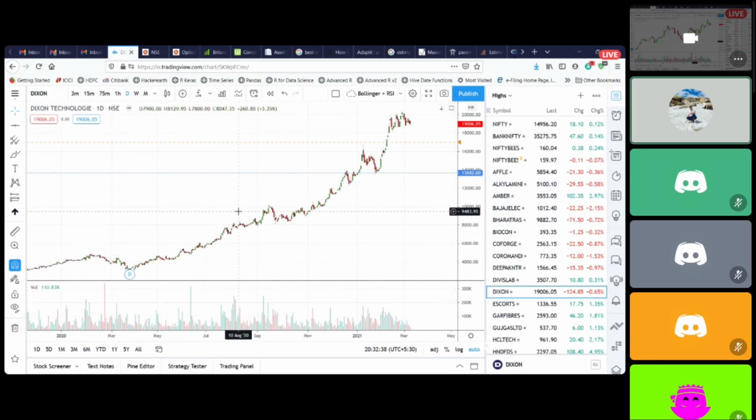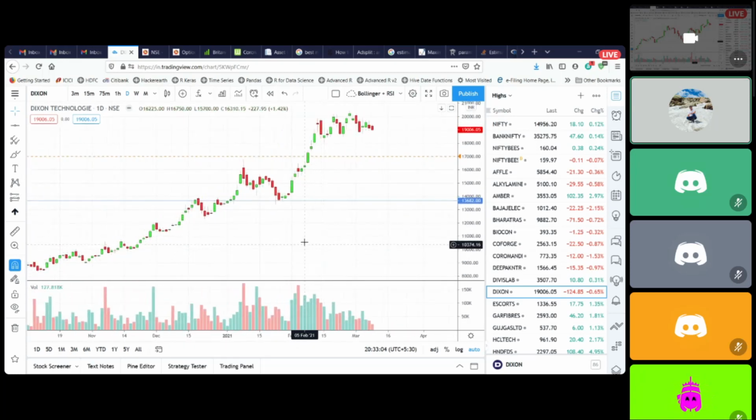So you will get opportunities. Opportunities are plenty in the market. You just need to wait for your setup to kick in. That yeah, this stock fulfills your setup. This looks good to me. My risk is defined in this. I know my risk, and it is less than my potential reward. So I wouldn't hesitate to take the trade here.